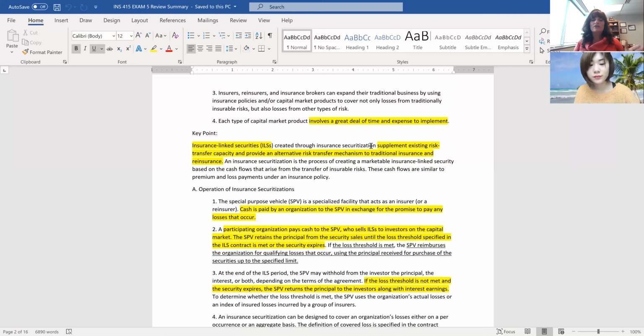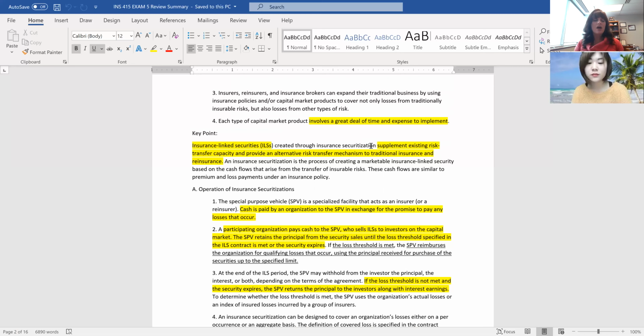And then when you actually have a loss, the SPV is going to go ahead and pay you cash for any losses up to your limit. If for some reason you don't have a loss during that period of time, then the ILS will take the money. Anyway, the cash they get, they sell the ILS to the investors. So they actually get capital infusion from the capital markets. You're giving them cash, the capital market's giving them cash. They have all this cash there, and they're collateralizing the loan. They have to set it aside. They don't do anything with it. It just sits in an investment account.